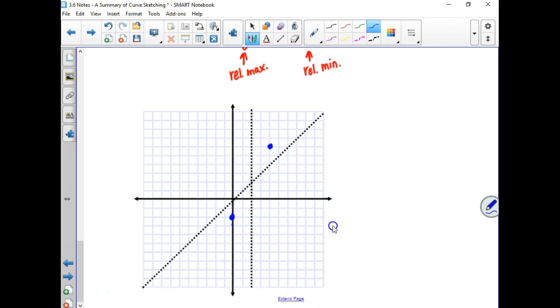And then your graph should be concave down over here. And your graph should be concave up over here. So it will look like that. And we're going to graph it on Desmos to see, but let me give you your assignment